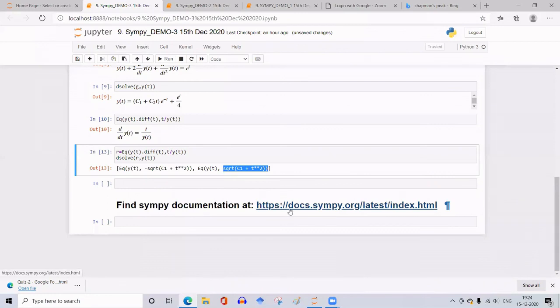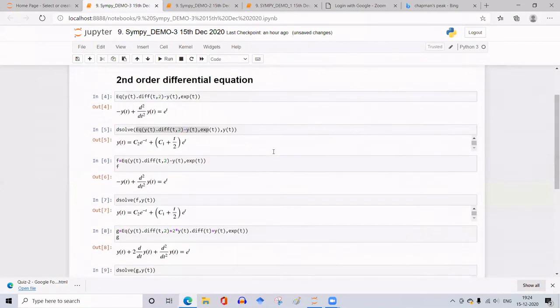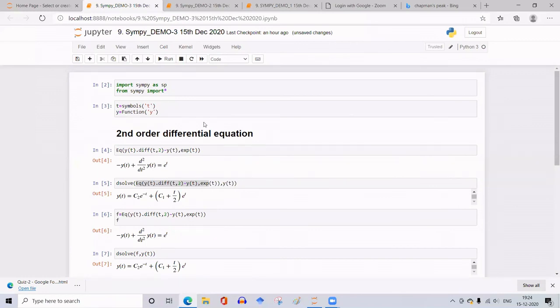So that is about some main features as an introduction to the symbolic mathematics module SymPy of the Python library. You can go to the site where the documentation for SymPy is given, and you can explore more about its capabilities, how it can be used for matrices and many other things. It has a very wide application prospectus. So you can get the documentation and try all the remaining functions of that library. So that is about symbolic mathematics SymPy for today.